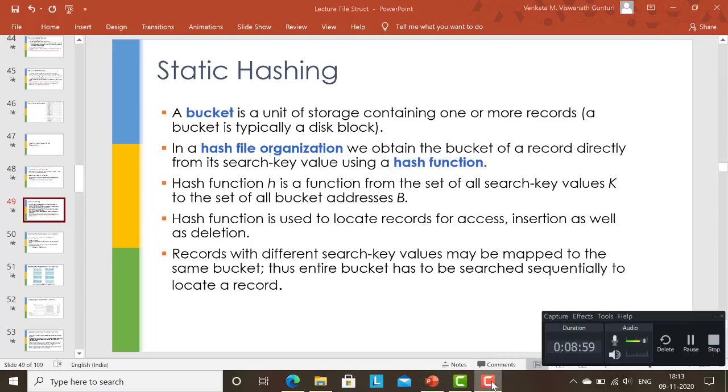Okay, so now there are two major categories of hashing techniques when it comes to databases. One is called static hashing, and the other one is dynamic hashing, right? So static hashing, as you can guess, the hash function is fixed, it does not change, right? So for example, over here,